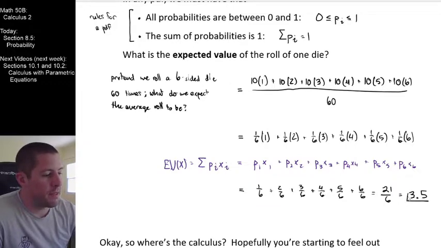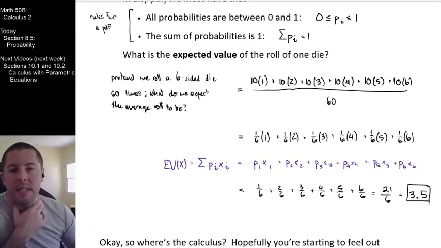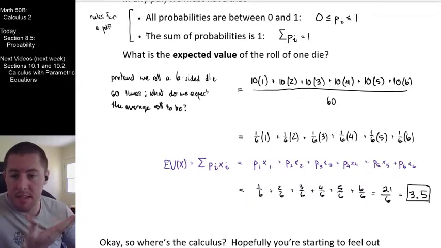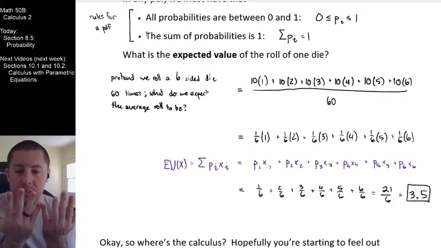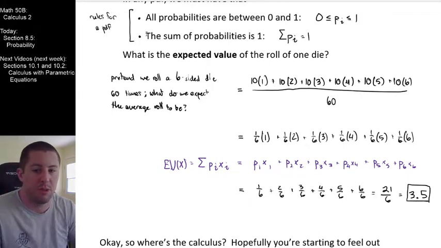So let's talk about this here. That seems like a weird answer to give. My question to you is, what is the expected value of the roll of one die? And I just said, I expect to get a 3.5 when I roll this die. Why does this make sense? Why doesn't this make sense? Obviously, why it doesn't make sense is because it's not a possible outcome, right? We couldn't actually get a 3.5. Why is this a sensible answer? Because the number 3.5 is the number that is on average closest to all the 6 outcomes that actually are associated with this probability distribution, right?